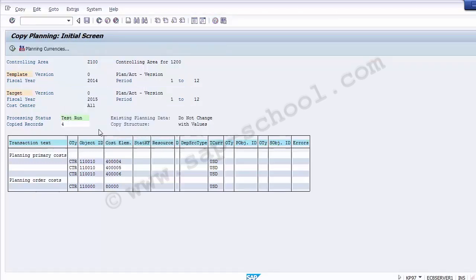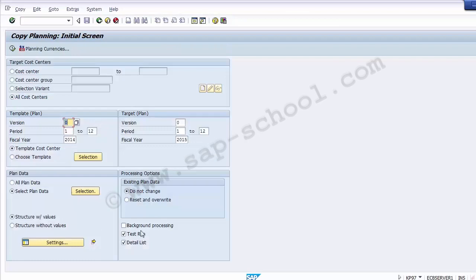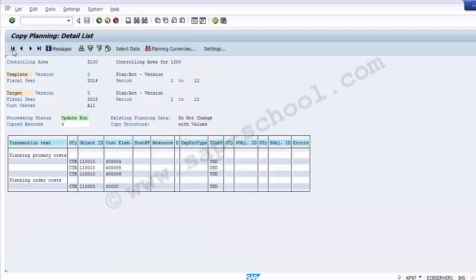Yes, and now we can take off this test run, and we can execute this transaction again, and then the whole value of plan data will be copied from one fiscal year to the next fiscal year. So executing it again now. So once executed, you can see now again, the processing status has been changed from test run to update run, and it has been updated with the